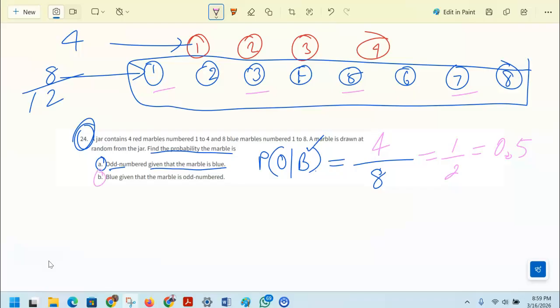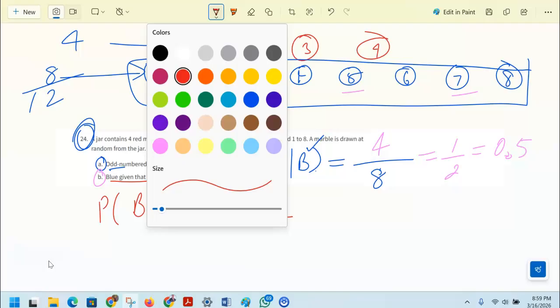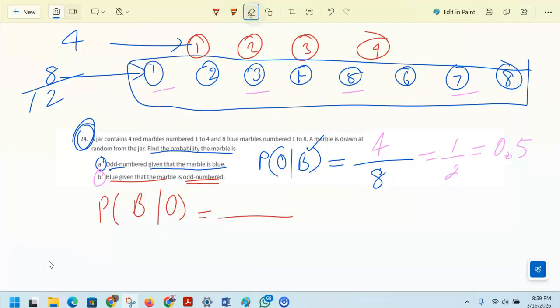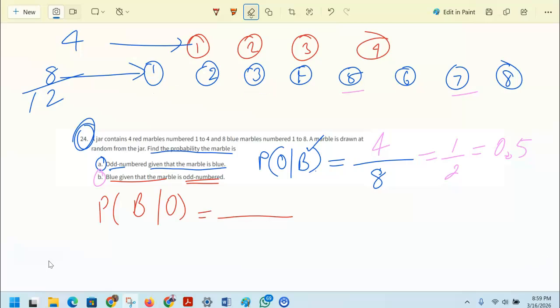Now look at the second question. It says the probability that it's already told to you it is odd. So I'll write odd here. And what are the chances it's going to be blue? That means you have to look up how many odd numbers there are. Among the odd ones, I have 1, 2, 3, 4, 5, and 6. There are 6, so it is out of 6,